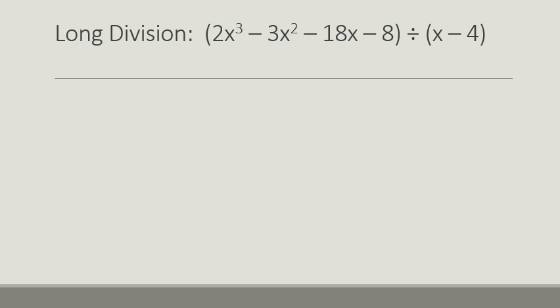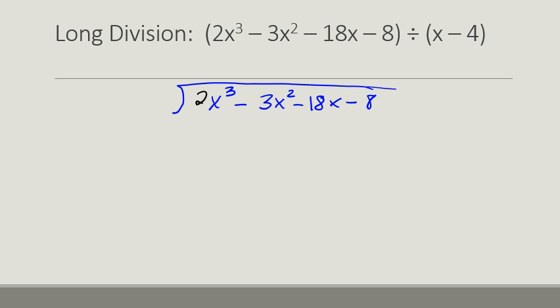So in long division, we set it up just like we would set up a problem when you were learning long division. So 2x cubed minus 3x squared minus 18x minus 8. And notice that my polynomials are in descending order without skipping a degree. So 3, 2, 1, and 0. And then x minus 4. So what I want to do is look at my first number. What do I multiply this by to give me 2x cubed? Well, I multiply that by